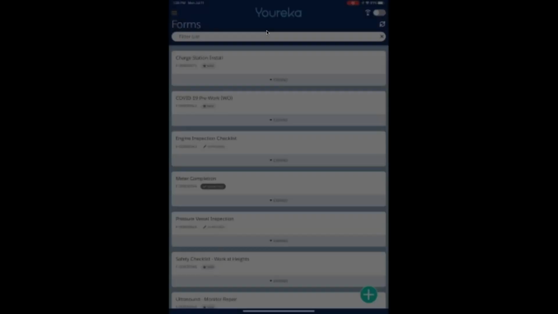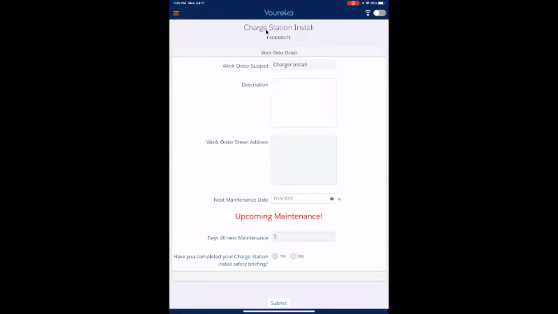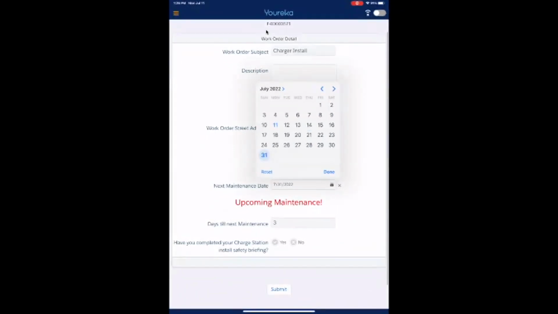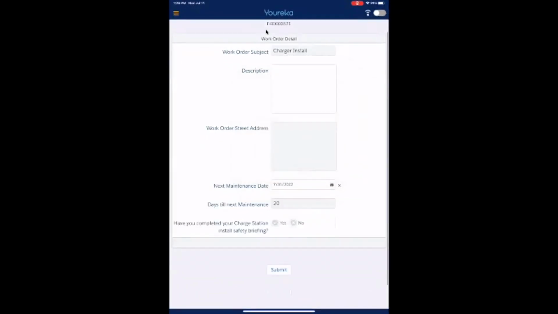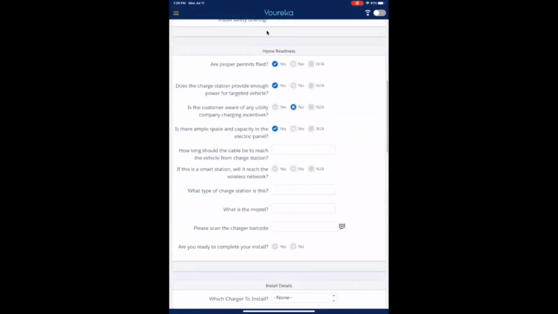Now, one more demo we want to share here and show is about some of the core capabilities that we have in Eureka. Like we mentioned, when you launch your form for a charger install, in this case, we can see that there might be an upcoming maintenance. And this will obviously vary on the date, the time that's elapsed, and that can change anything you want on the form